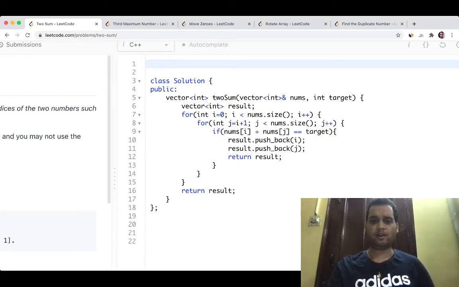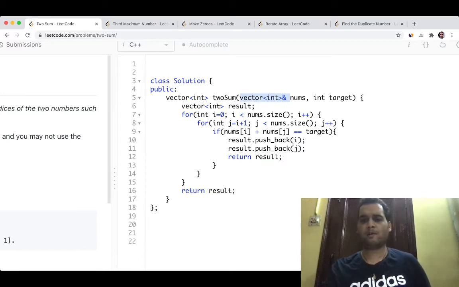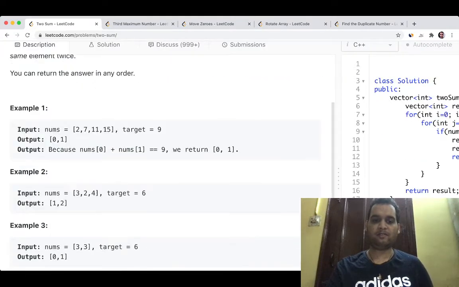Okay, so a vector we have to return. A vector is like an array, I hope you have studied about it in C++. So we have declared the variable. We have started a loop from i equals 0, i less than nums.size. Next loop has been started, j equals i plus 1, the next element to be compared.